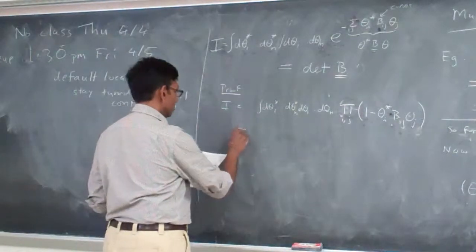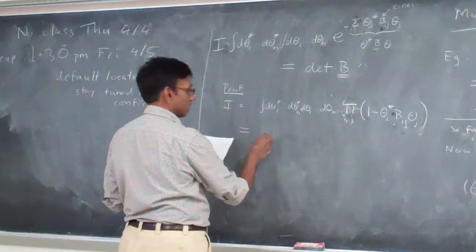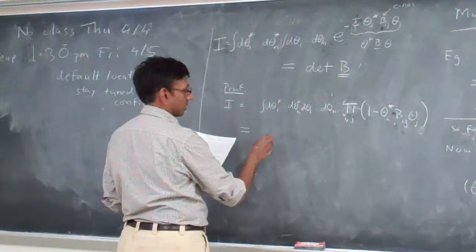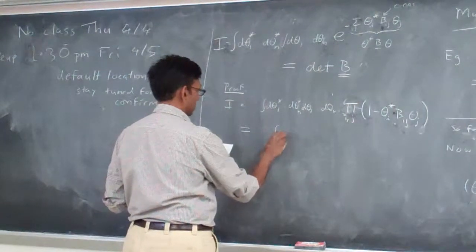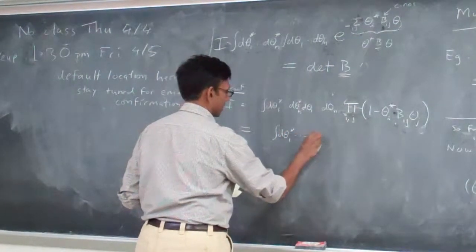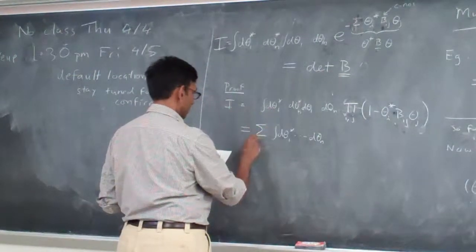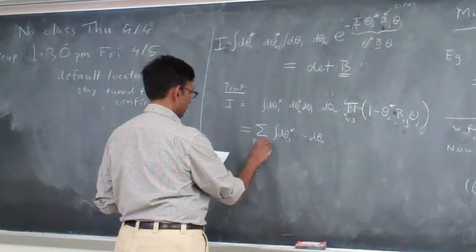That is equal to the integral d theta 1 star, integral d theta n, and so here it is, sum over permutations